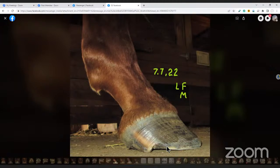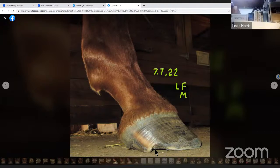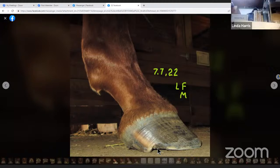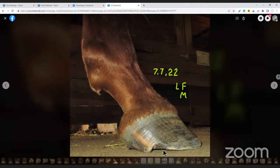Level from the sole back, more back and back. So I set the fake seed of corn back. Oh, okay. And bring him up, and it just happened on one foot. The other three feet don't have that, and I trimmed them the same way. So you did the same thing to the other feet? No, because